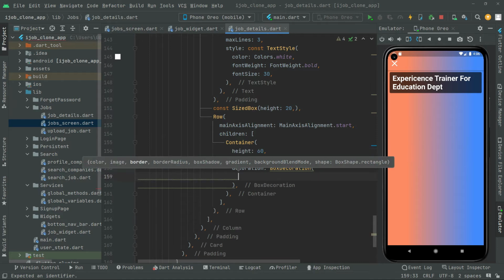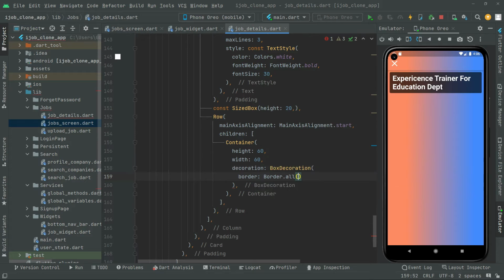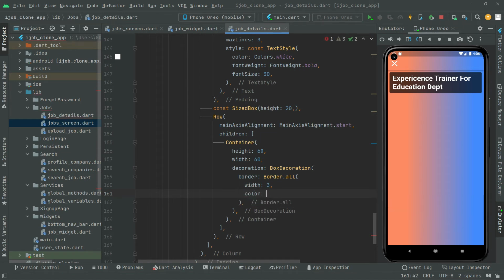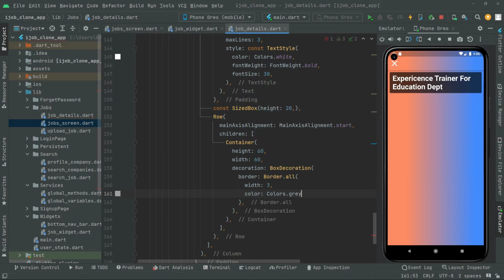Now right in there we will set the border, and we will say Border.all, comma, and tab this down. First we will set the width to 3, it's going to be simple for the border, and we will set the color, so color is going to be gray, comma,